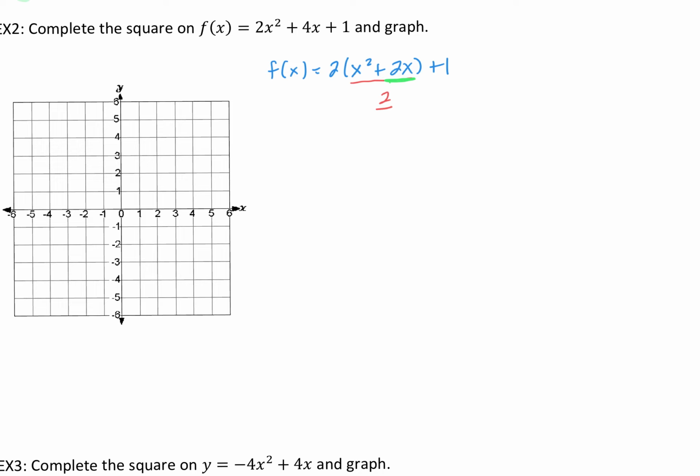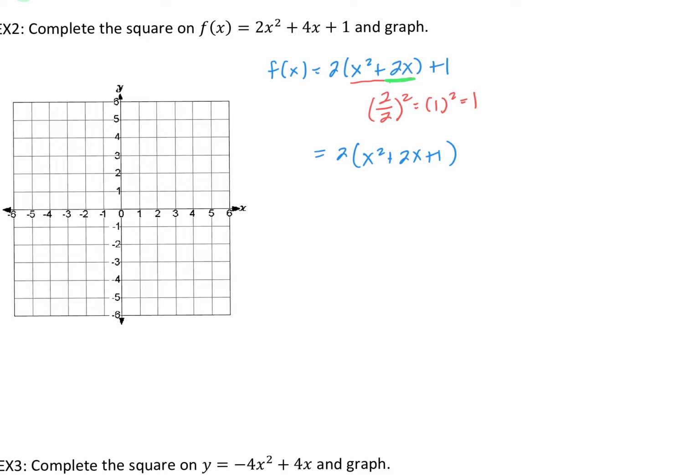We're going to take half and square, which gives us 1 squared, which is simply 1. That means I'm going to add 1 inside the parentheses to get x squared plus 2x plus 1. Let me write that. So now inside the parentheses I have the perfect square trinomial, which will factor into x plus 1 squared,